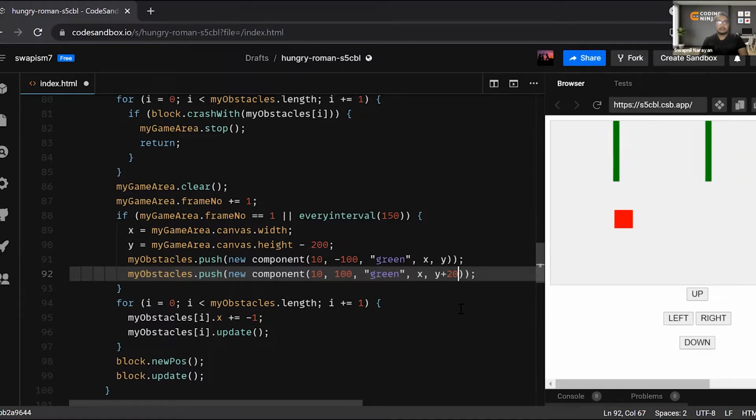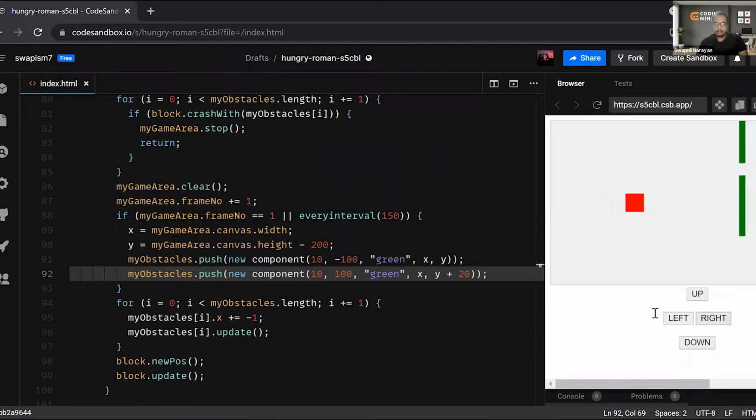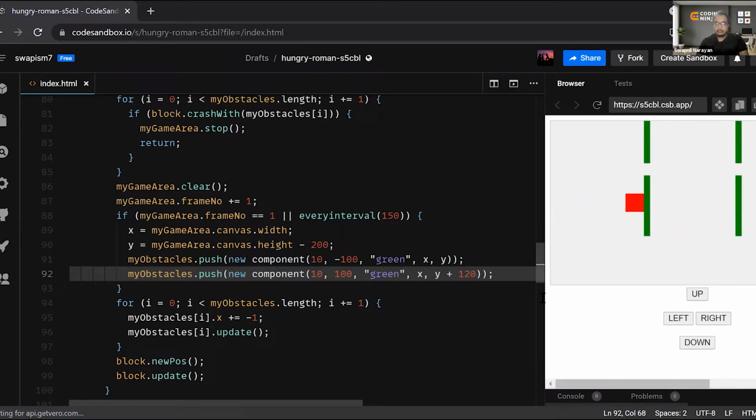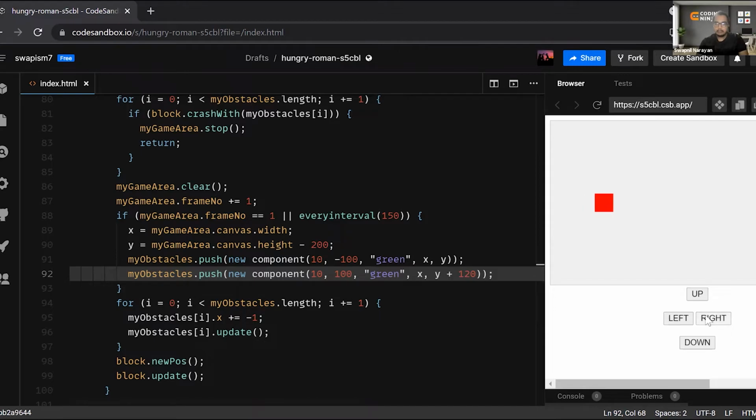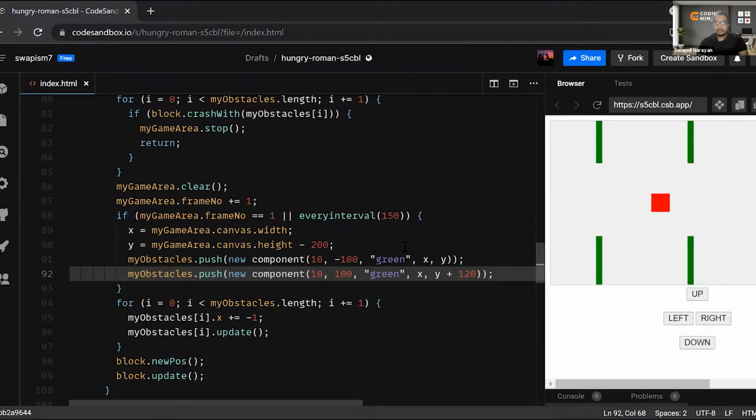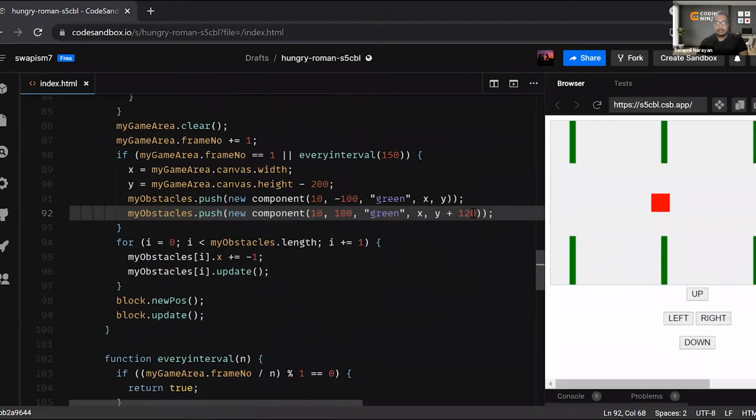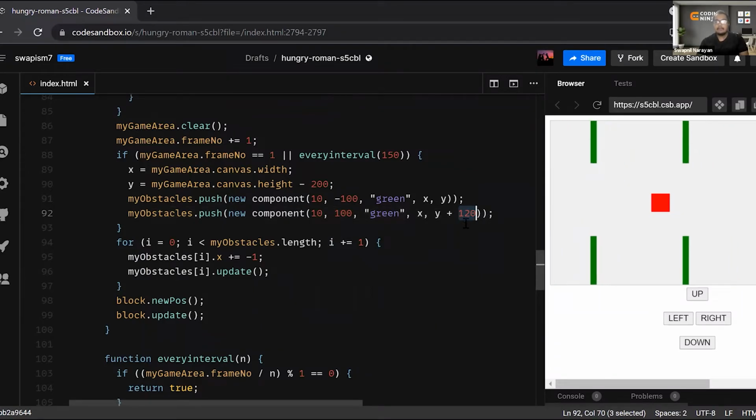Okay, so if I increase this one to 120, then in both sides it will come. So these are coming in both sides. This y plus 120 is nothing but the gap between them.